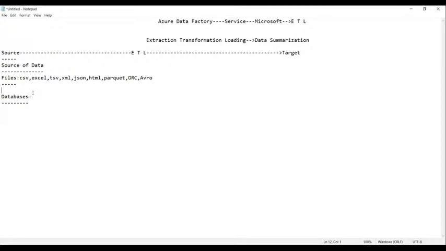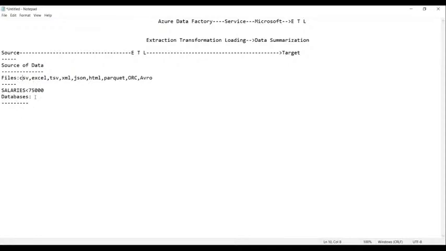That means to get a particular data or a particular thing. Suppose I want the list of employees whose salaries are less than 75,000. I want to get this list. This kind of retrieval is a bit difficult in Excel files or CSV files. Hence, we go for what? Database.